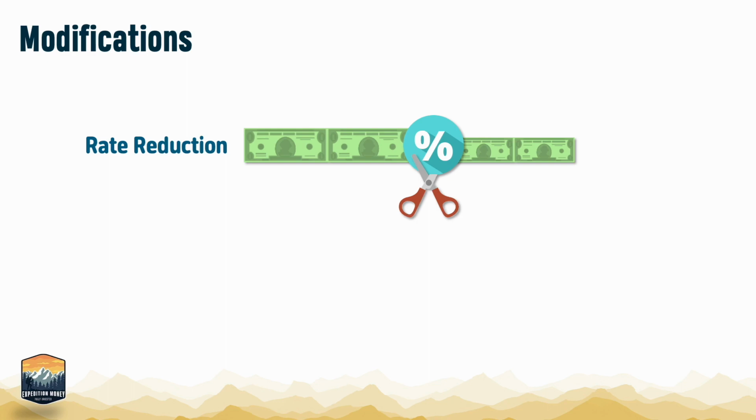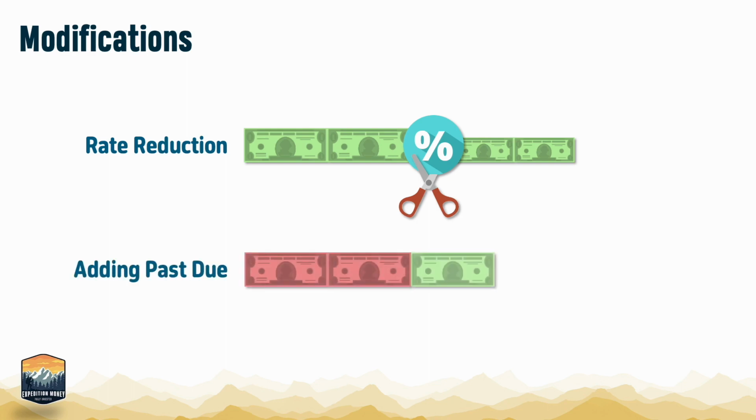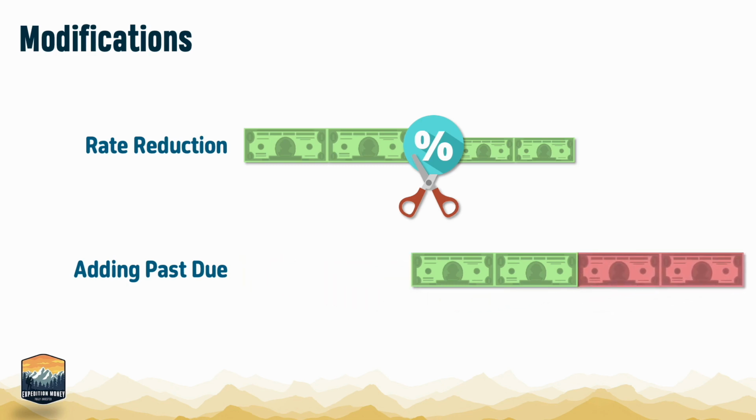The second modification is to address missed payments. Maybe you can afford the payments now but had a temporary setback and are behind. This modification will take the missed payments and add them onto the end of the loan. It will extend out the loan somewhat, but you'll also be considered current. Of course, you'll have to be comfortable with the monthly payment amount, otherwise it might cause problems later.